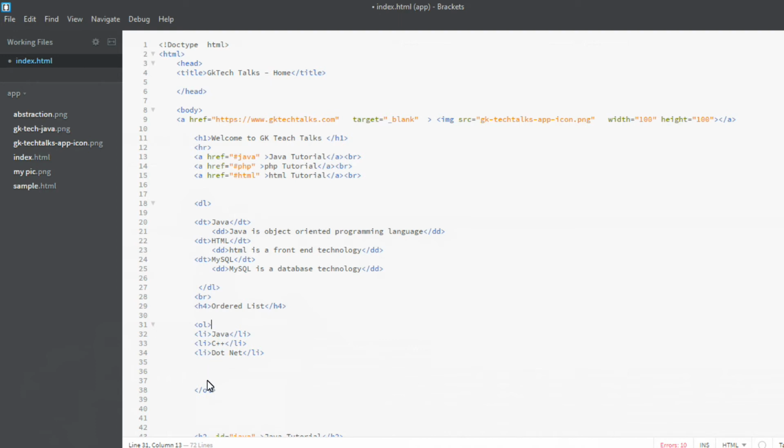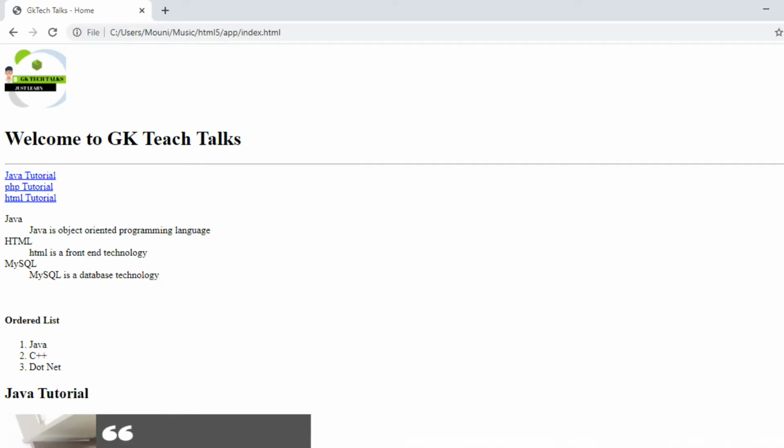If you want, you can provide a few more and try it out. See, the ordered list came like this. We are getting numbers 1, 2, 3 along with the list items. Similarly, we can give an unordered list.